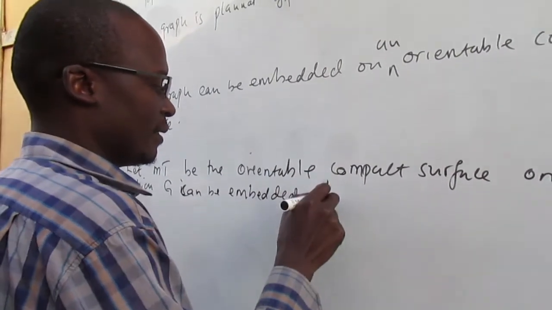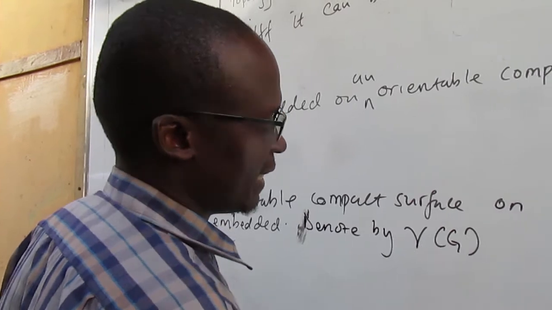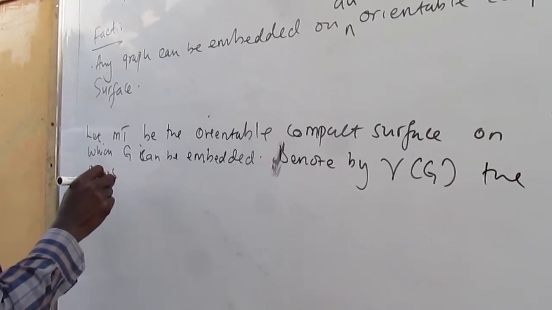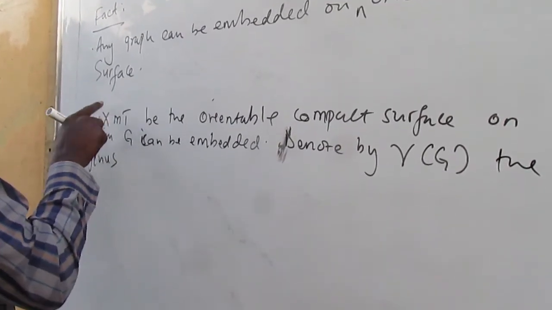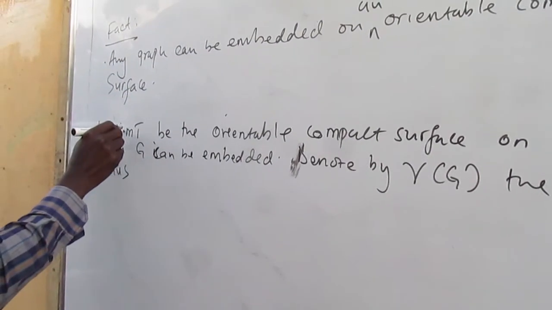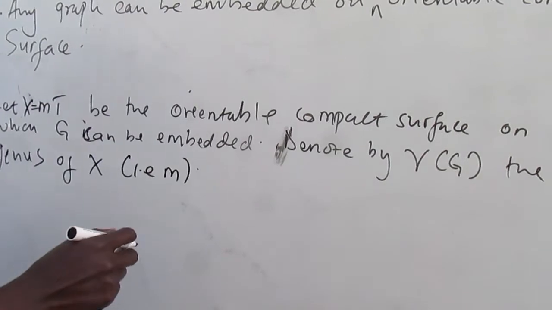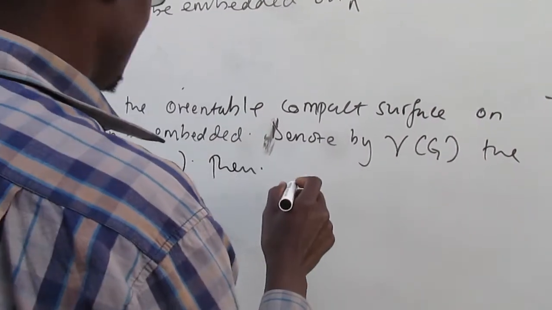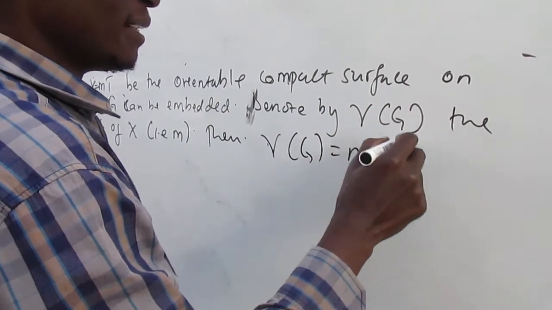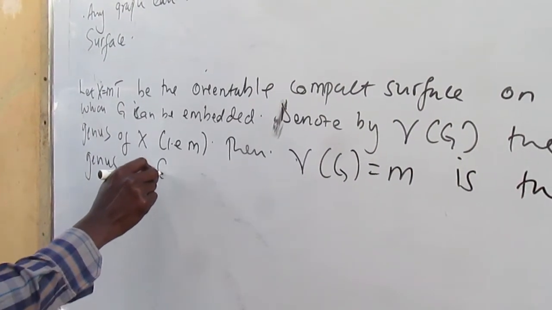Now denote by gamma of G the genus of X, i.e. in this case M. Then in this case we'll say that this gamma of G, which is equal to M, is called the genus of the graph G,